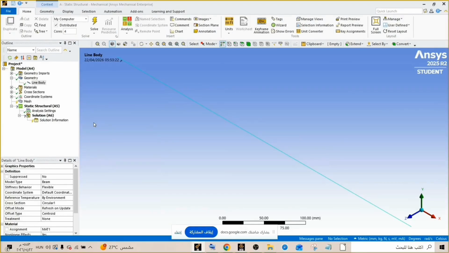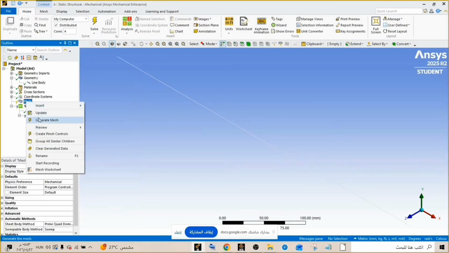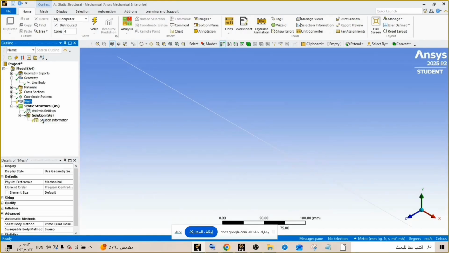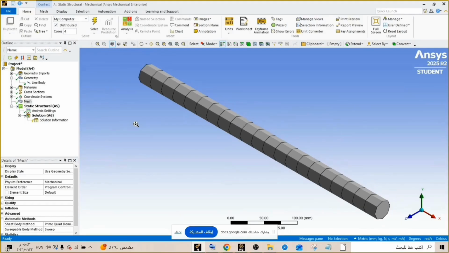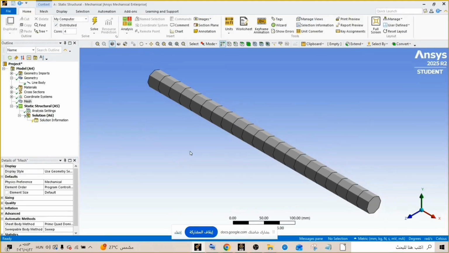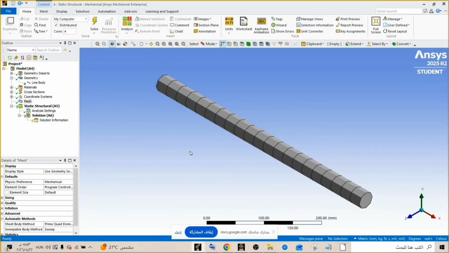And now after we choose the material, we generate our mesh, right click mesh, generate mesh. So as you can see, we have our mesh now.